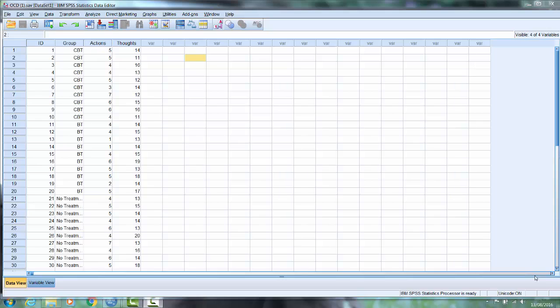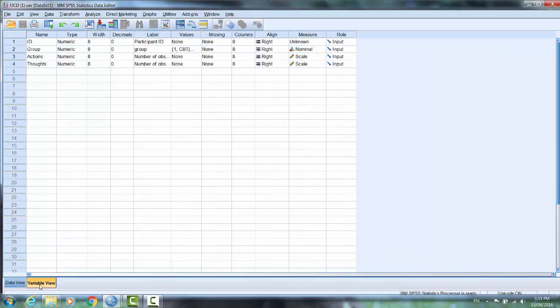When you open your data file, you might notice that yours is slightly different to mine, and that's because I have added in an ID variable. It is a personal preference of mine that the ID variable always be the first variable in a data set, so that's why I have created it as the first variable, but it's perfectly fine for you to add it in as a later variable in your data set. You will do that in your variable view. You first of all, of course, need to name it, provide it with a label, and set it up as you would any of your other